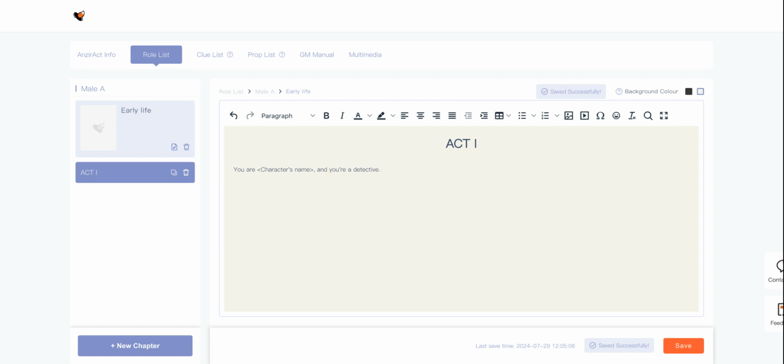This way players can immediately see this part and say, okay, you are this person's name and you are a detective. So they'll be able to read, okay, so my name is this and I'm a detective. So usually we can start by saying, okay, you